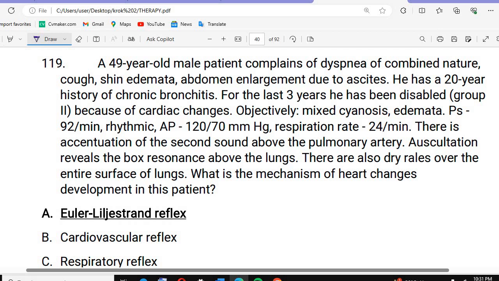After that, a 49-year-old patient complained of dyspnea of a combined nature, cough, edemata, and abdominal enlargement due to ascites. He has a 20-year history of chronic bronchitis. For the last year, he has been disabled because of cardiac changes. Objectively, we see mixed cyanosis, edemata, rhythmic